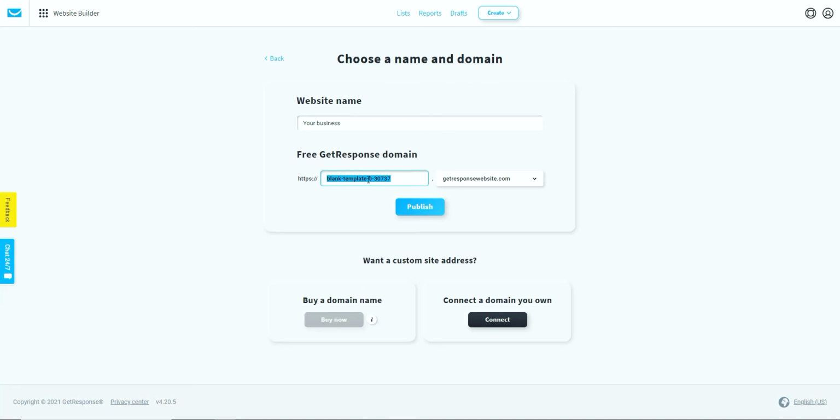and then here we can actually have your company name here, again your domain name if you have a domain name, although if you have a domain name you can connect your own domain name here, and I'll leave a link in the description below to a tutorial that will talk you through how to do that. But if you're using the completely free system, you just want to be able to connect it to your Getresponse account because that's where it's going to be hosted. So again, whatever your business name is, your business name, and then if we click publish,